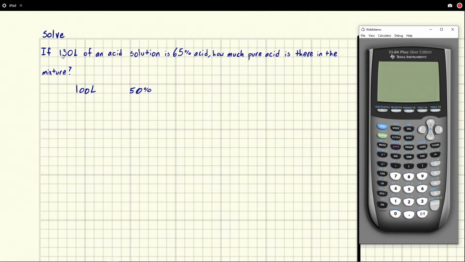Well, what did we do? Well, we multiplied this amount by this amount, right? Because this is the same thing as 1/2 or 0.5. And 0.5 times 100 liters is 50 liters. And this is the pure acid. So this immediately tells us that what we can do with these kinds of questions is we can just take the amount in liters, I'm going to just put that as an A, and multiply it by the percentage, I'll put that as P, and this will give us the amount of that thing,